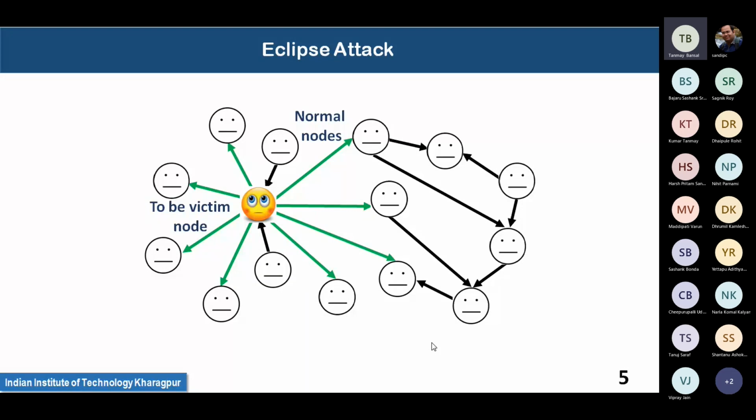So whatever we are showing as the outgoing arrows, of course, this is just to denote that they are peers, but actual communication will be both ways. As of now, we are showing all these as normal nodes, like all its peers are really good, nice people. Now, what happens if